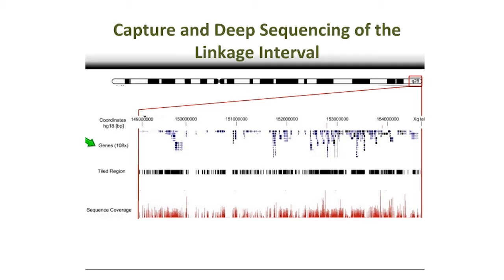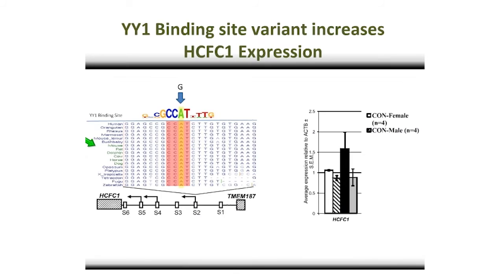So we're really focusing in, getting incredibly deep coverage, and that enabled us to double check and also check into non-coding regions if there are any variants that could explain the disorder. Well, I can tell you, we were a little bit disappointed at first because we came up empty in the coding region, so there were no coding variants. What we did come up with, though, when we looked just outside of a gene called HCFC1, was a very well conserved change in a non-coding region.